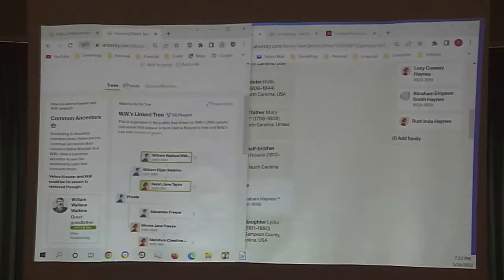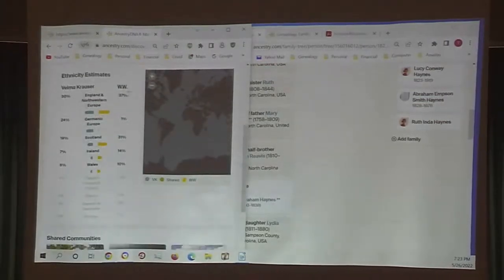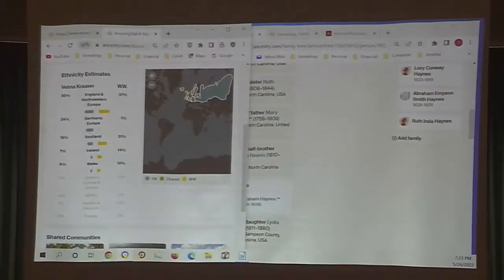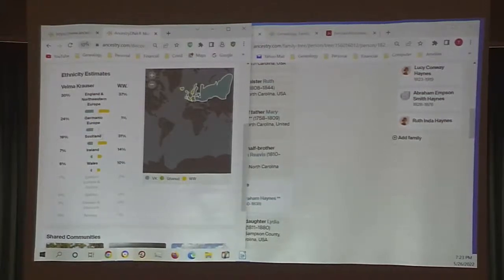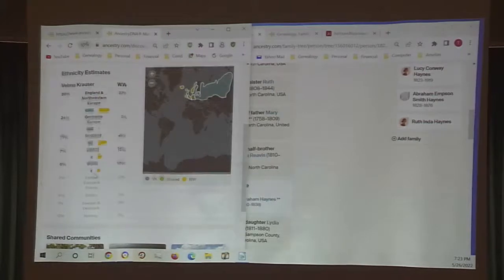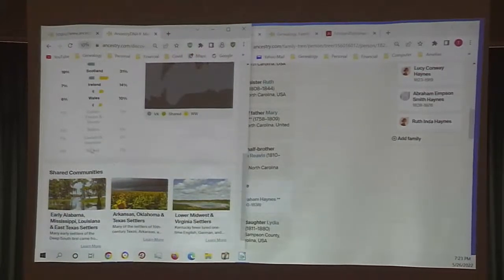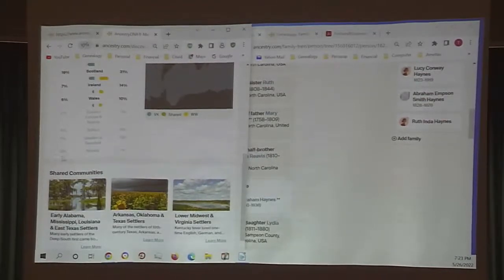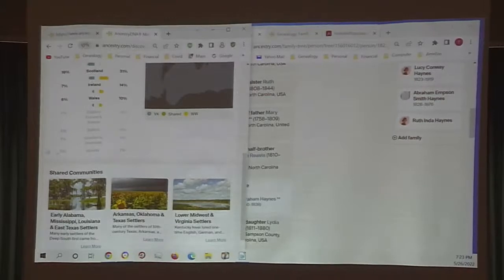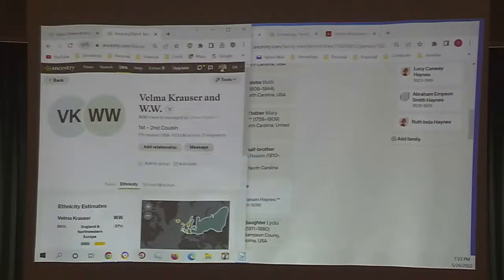But I can also look at their ethnicity, and I see that WW is 37 and only 1% Germanic and 24% Scottish, and so you can go down. You can compare their ethnicity to whoever you've got up here. I'm looking at Velma right now, so I see her ethnicity compared to this DNA match, where they match up, and that's showing you right there. And you notice that there's 7% shared,